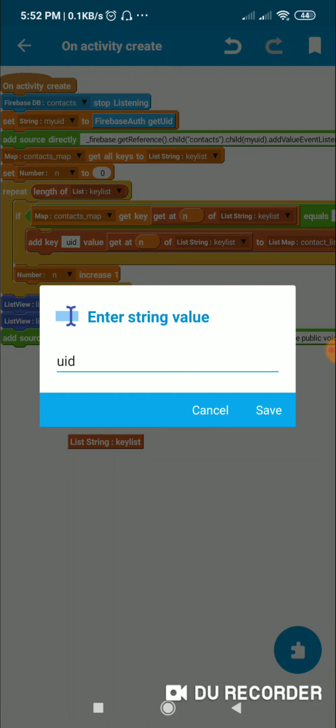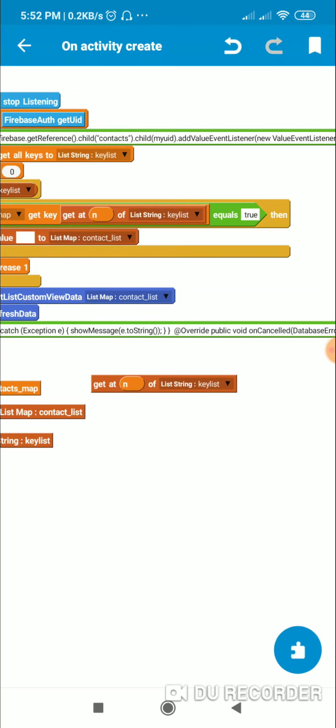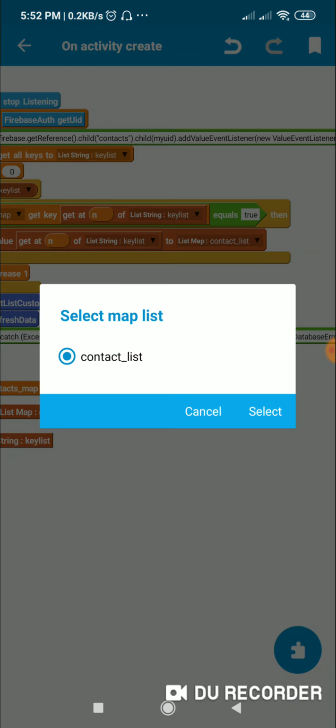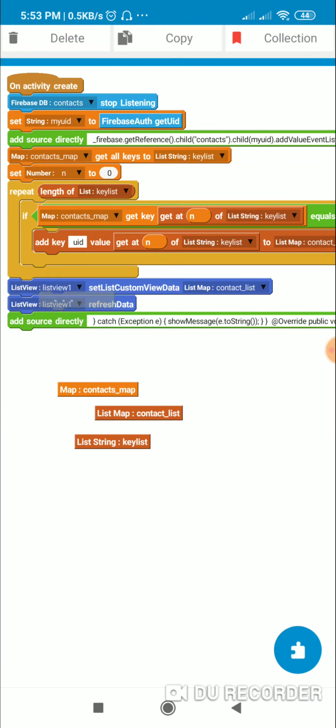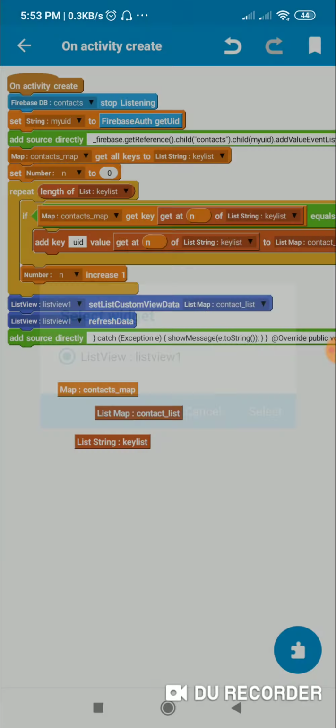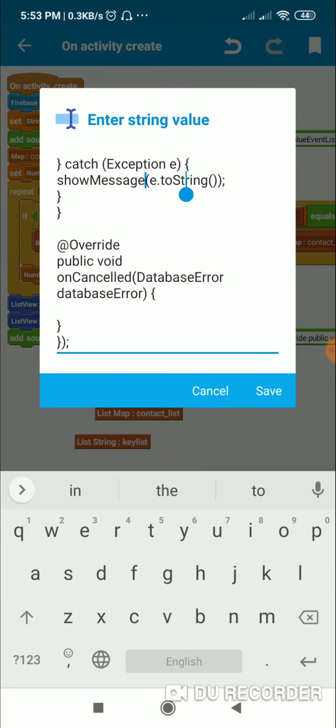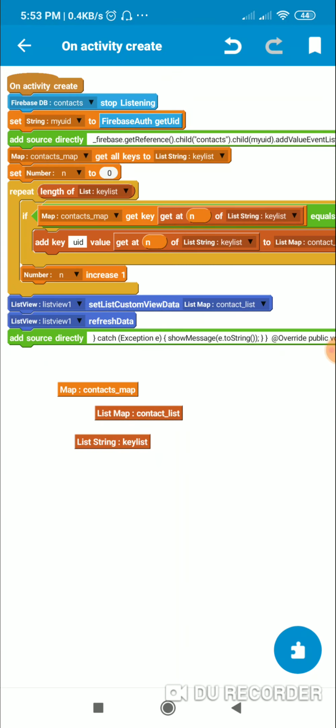For adding that I use add key UID value get at n of key_list to list map contact_list, and every time it repeats I increase n by 1. After this I display this contact_list in list view 1 and refresh list view 1, and then I close this try, then catch exception e and show message e.toString, and there is also one onCancelled method which is empty. So that's all here in onCreate.